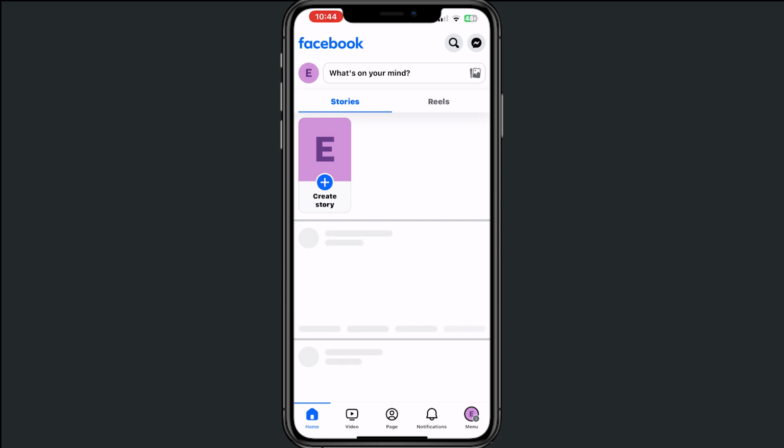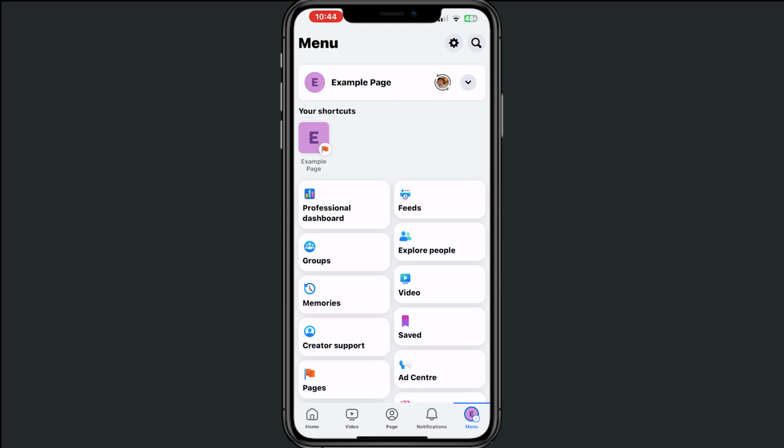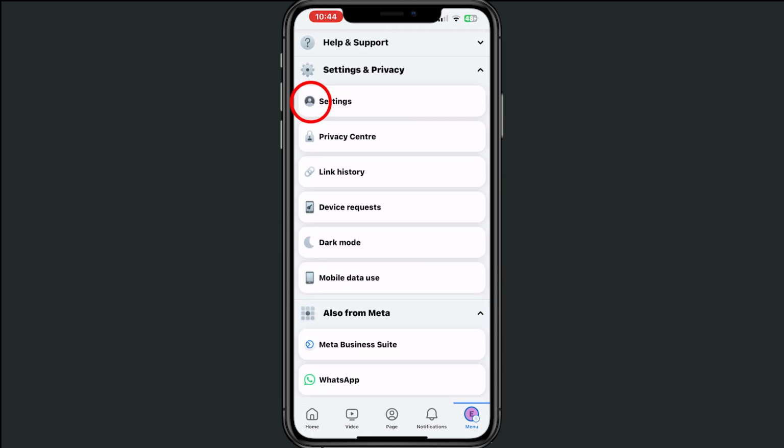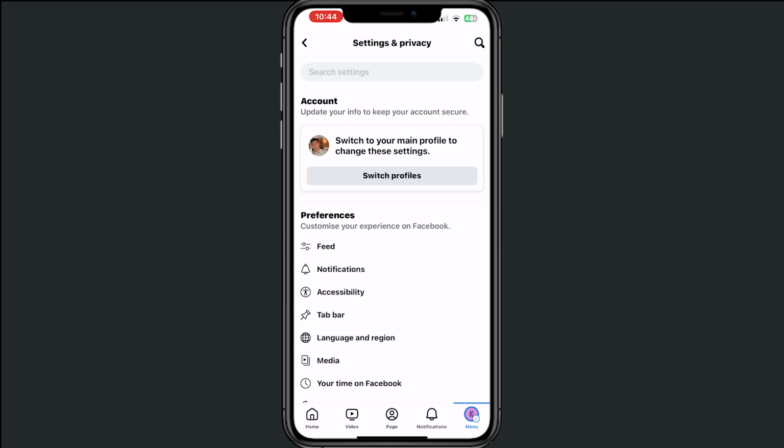Facebook. And for this, make sure that you're logged into your Facebook page. Then from here, tap right in the bottom on menu. Then from here, scroll down and tap on settings and privacy. From there, tap on settings. And from here, scroll down